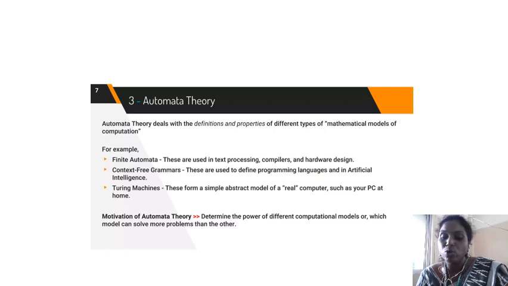For example, you have 2 plus 3, which is 5. On the Turing machine tape, you store 2 ones, a delimiter 0, and 3 ones, which is the representation of 3. Then you add 2 plus 3 to get 5, and finally the value 5 is stored on the tape as your output. That is the example for automata theory. The main motive of automata theory is to determine the power of different computation models to solve problems using some mathematical model. Those are the three main core areas of theory of computation.